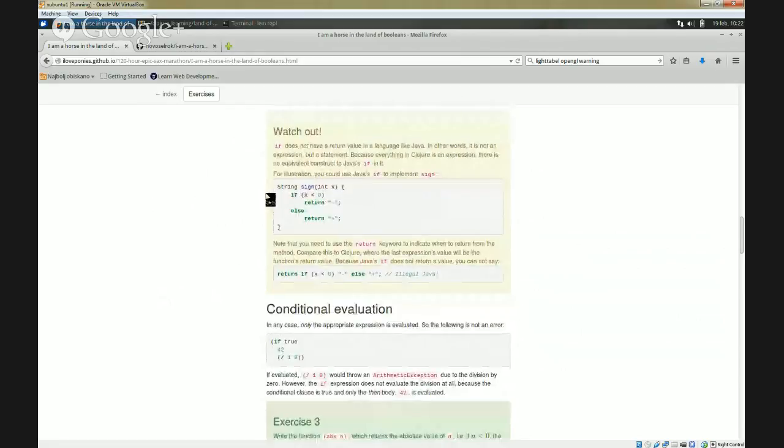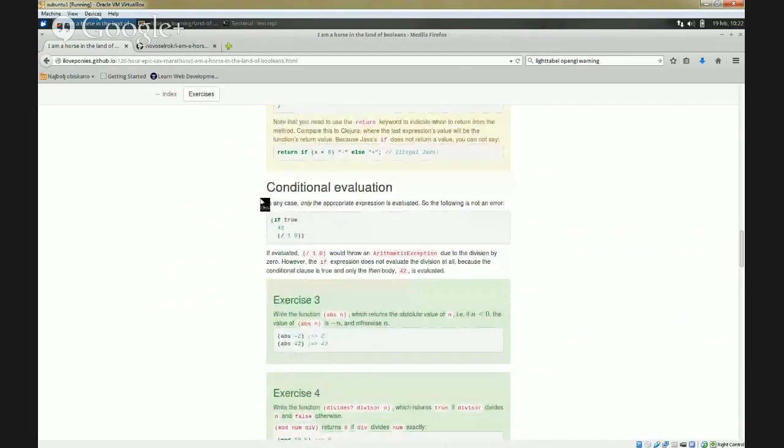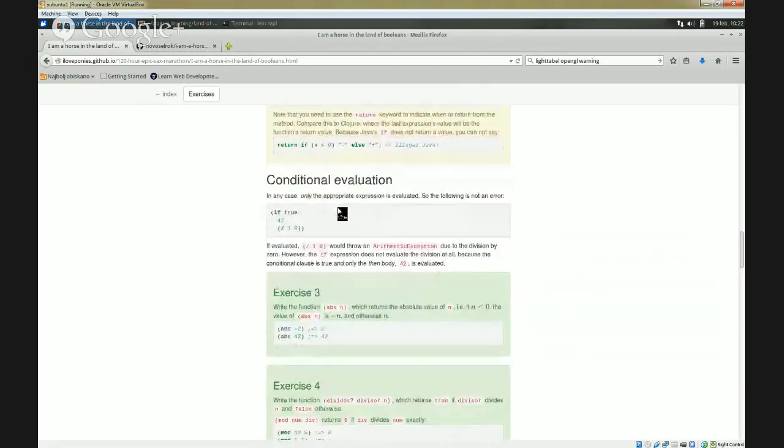For the illustration, you could use Java's if to implement sign. So this would be an illegal expression in Java. So you have to have this return statement. Java doesn't automatically assume that the last evaluated expression is the one which will be returned. Yeah, so okay. Conditional evaluation. In any case, only the appropriate expression is evaluated. So the following is not an error. If evaluated, it would throw an arithmetic exception due to division by 0. However,